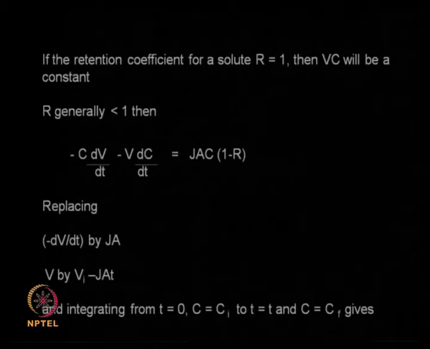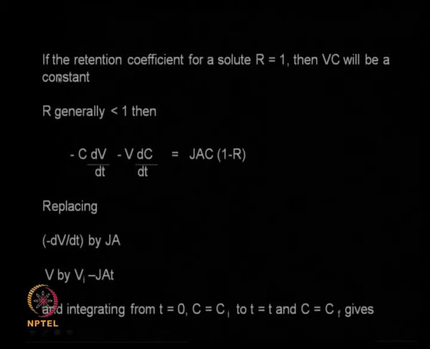So V by Vi minus J into T. Then we can integrate the whole system: at T equal to 0, C is equal to Ci, that is initial. At T equal to T, C is equal to Cf, understand. So we can integrate this, all we do is replace this with this term and replace this with this term,